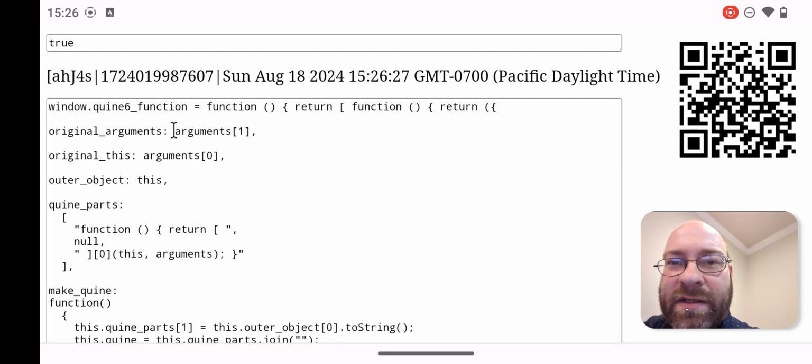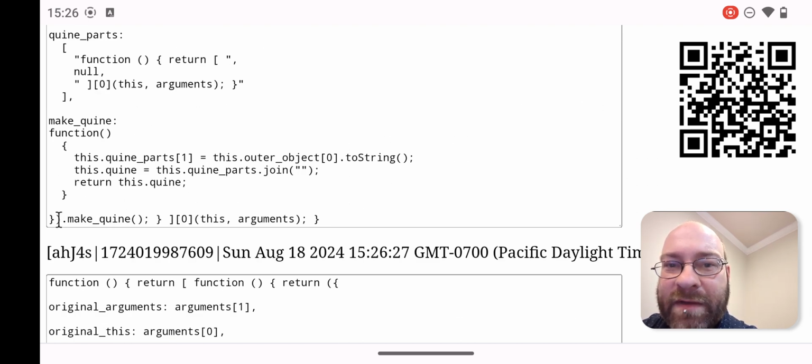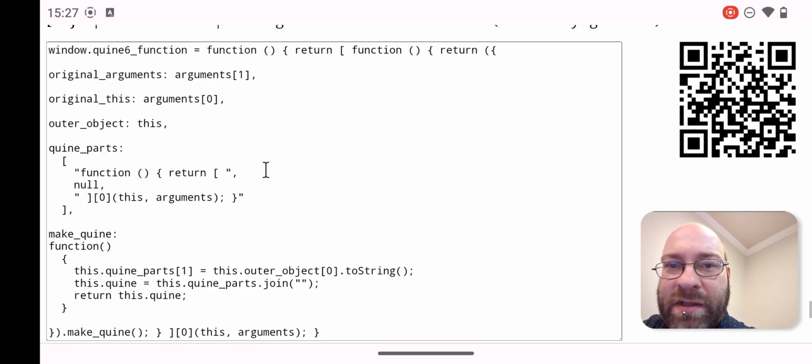So what I've done in this iteration is it's the same as the previous iteration, except for the spacing. I've unindented all of the properties of the inner object, and I've removed some of the new lines and spaces that were before and after. So all of this is the same as before, but just all on one line. And then down at the bottom, all of this is the same as before, except on one line. And as a bonus, not only does it look a little nicer here with the property names on the left